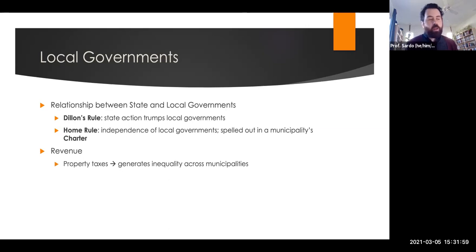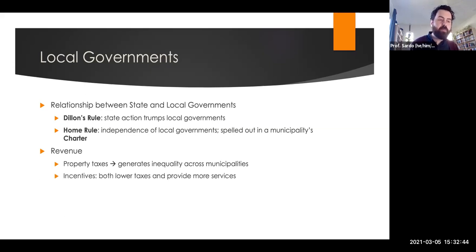States in general raise most of their money from property taxes, sales taxes, and grants from other levels of government. And this generates lots of inequality across municipalities. Some municipalities that have higher property values are going to have more revenue for spending, right? And municipalities with lower property values are going to have less revenue for spending. And that's going to create these cycles of inequality because it's often the amount of public funding that then boosts the property values in return, right? Better schools, more money for schools, more money for development projects, more money to attract investments. All these things then boost property values that then creates more revenue for the government, right?